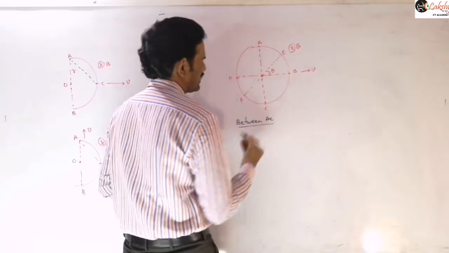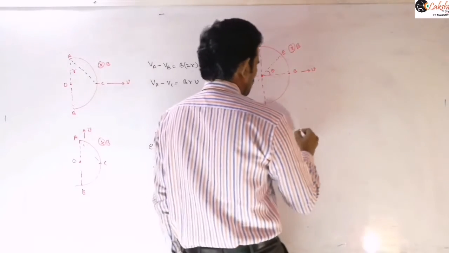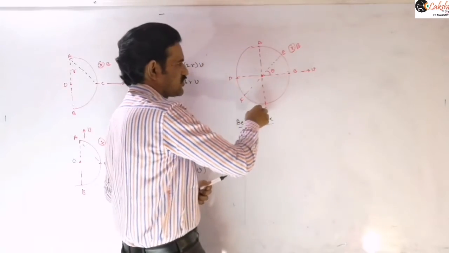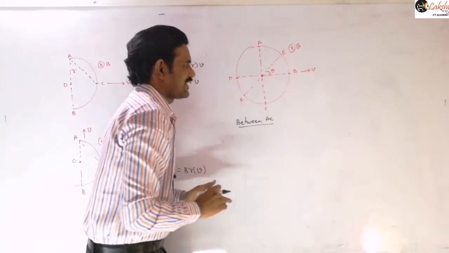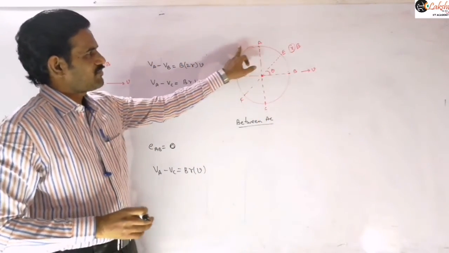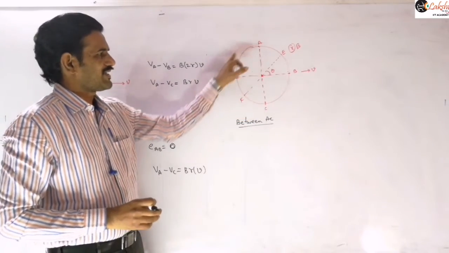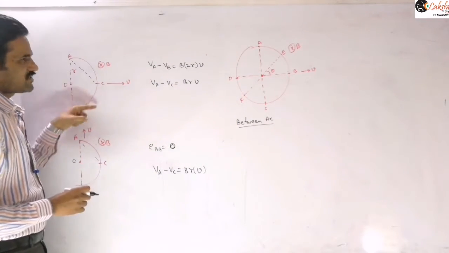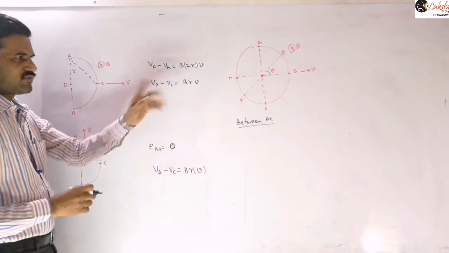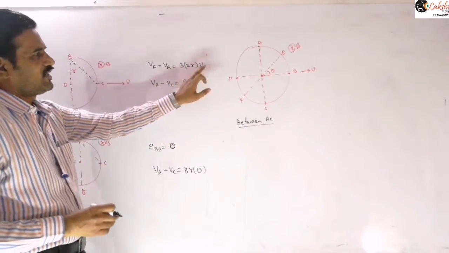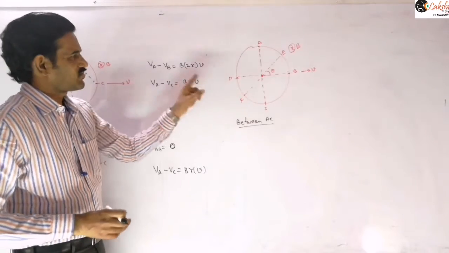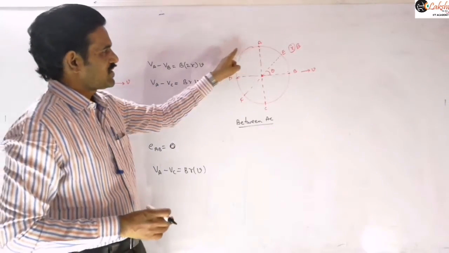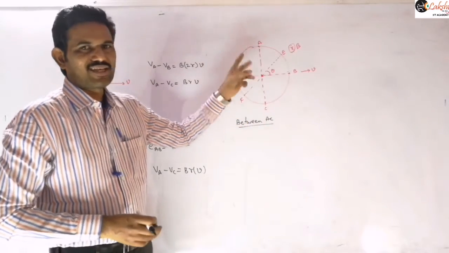So between A and C, you can consider the circuit like this. BLV induced EMF will be there in the semicircle ABC, and at the same time the induced EMF will be there in ADC also. As we discussed, the front part of the semicircle is same as that one. So the induced EMF between A and C we are taking here is B into 2R into V. At the same time, the induced EMF will be there in this part also, and they are equal and opposite to each other.